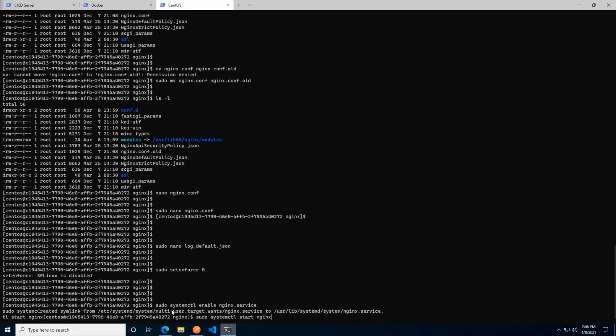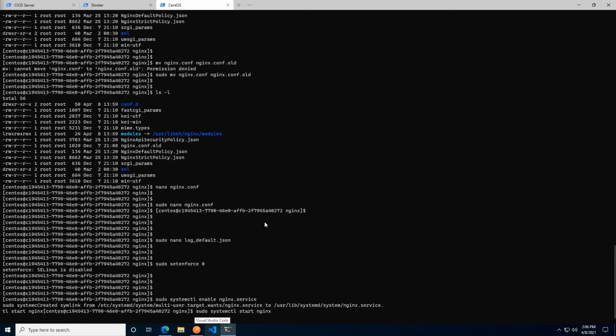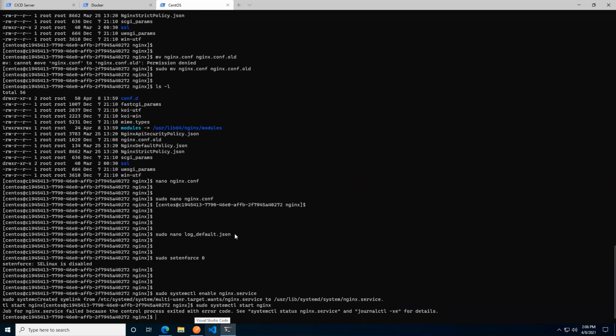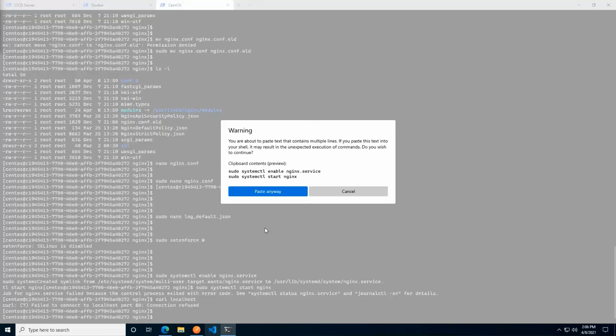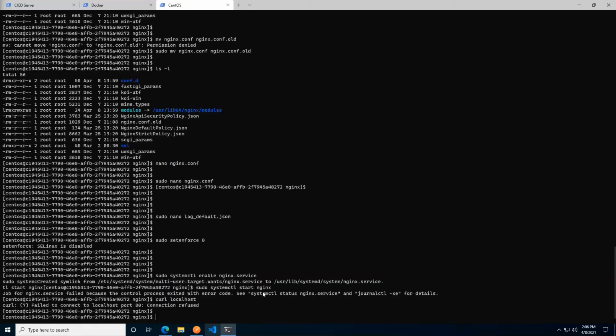So these two commands, first I enabled the Nginx service, so it'll start on every system restart, and then I'm manually starting it for the current session. And it may very well be that Nginx was already up and running. So let's see. Okay. Process exited with code. Okay, let's have a look, see what it was allergic to. I might have a typo somewhere because I actually typed some things manually. Nope, that's not what I wanted.